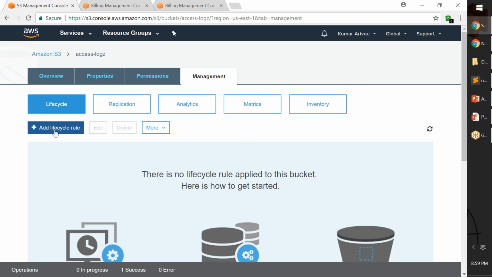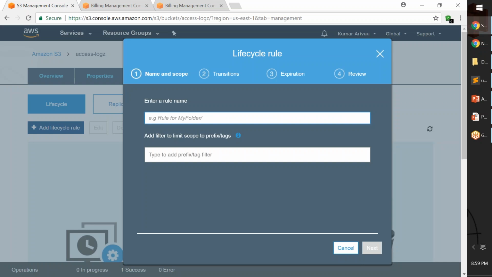And the next thing you do is click on add lifecycle rule. We are going to add a rule on when you want to migrate it, and you will get this friendly tab, and we need to give a name for our rule. So logs cleanup, that is what I'm going to name my rule. So I'm just going to leave it empty so that it is going to apply to all the